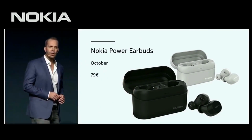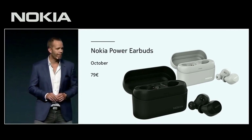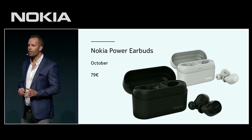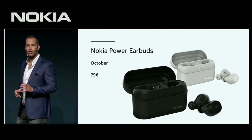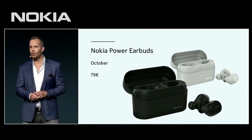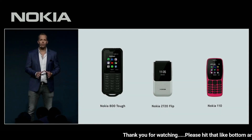The earbuds come with IPX7 rating, so you can take them for a swim, and you have one-touch access to Google Assistant. The Nokia Power Earbuds will be available in charcoal and light gray, and it will be available in October at just 79 euros. We have introduced 3 new